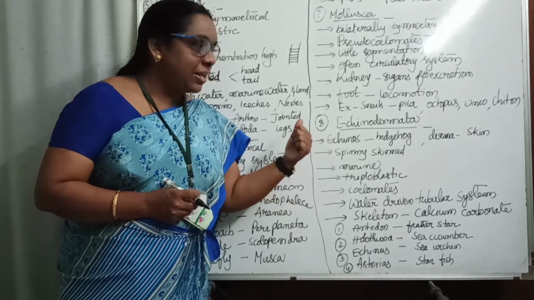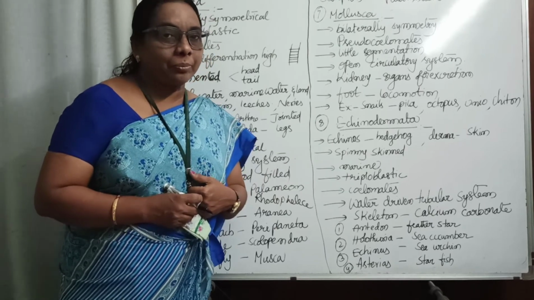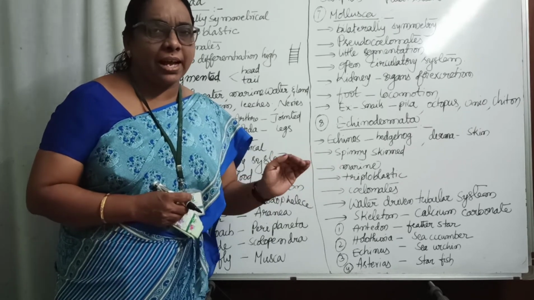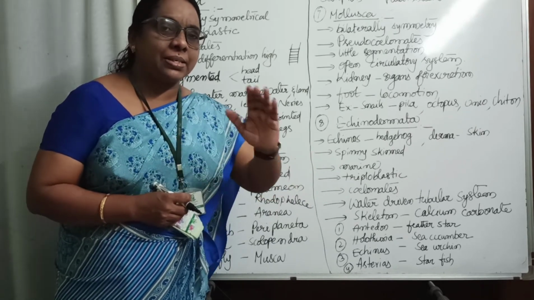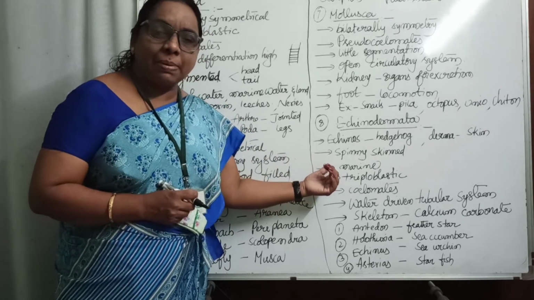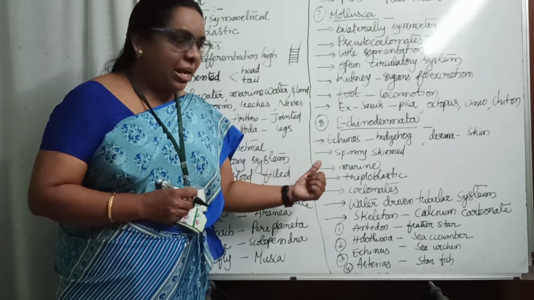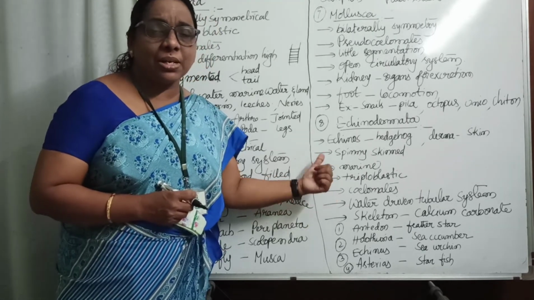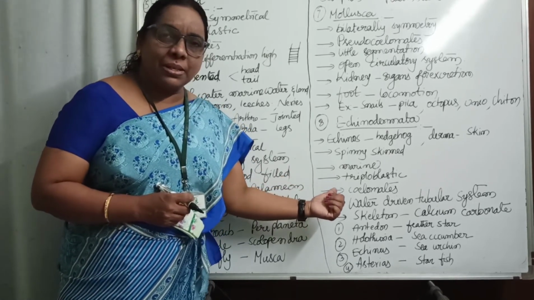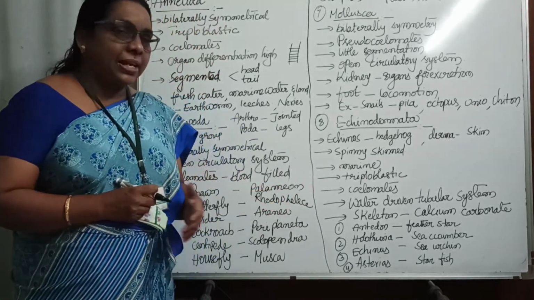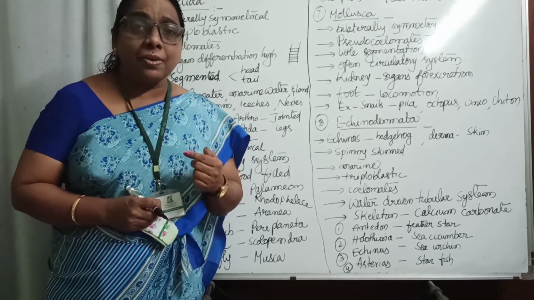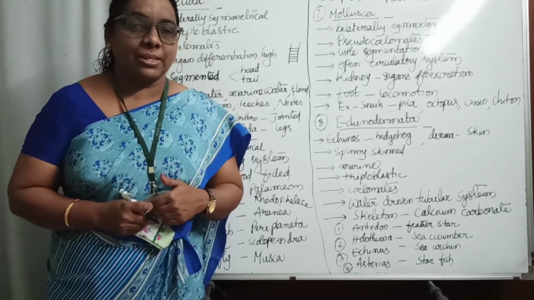Echinos means hedgehog and derma means skin. These animals are spiny-skinned animals. The whole organism has many spines. Mostly these are marine animals, that means they live in the seas and oceans, and they are triploblastic organisms, that means the organism is covered by three layers. Next, they are coelomates, that means they have enough body space, and another special characteristic feature we are studying here is that they have a special water-driven system.